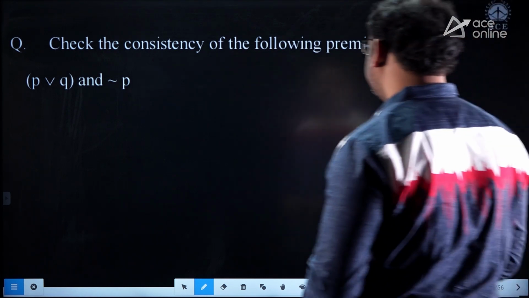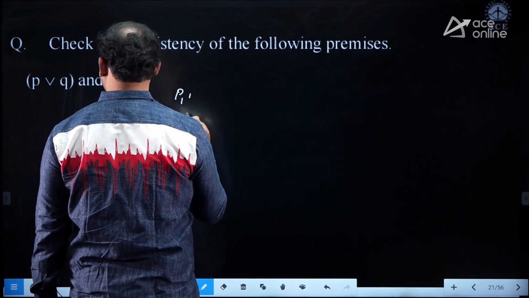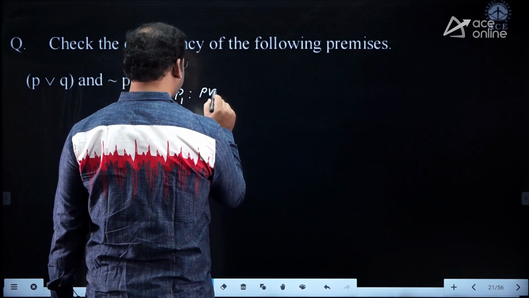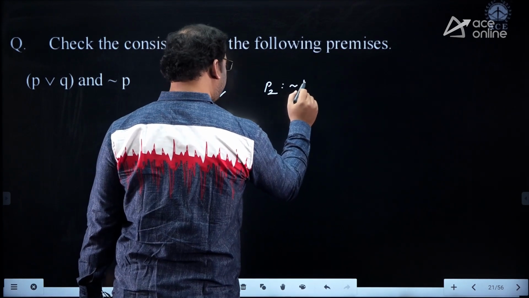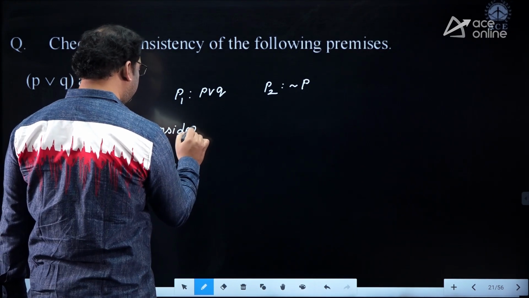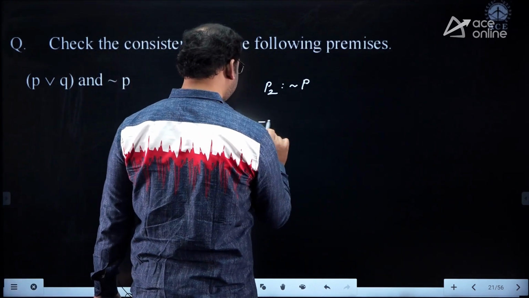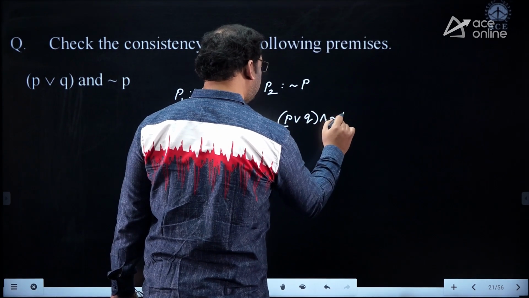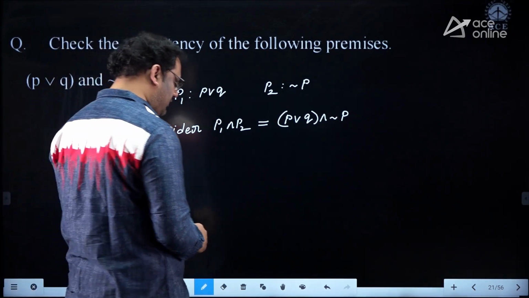Yeah, just to see this, here what we have, the given premises: P1 is P or Q and P2 is negation P, and let us consider the conjunction of the premises, P1 and P2, which is P1 and P2. P1 is P or Q and P2 means negation P, like this. Now in this scenario, if we take the conjunction of the premises,